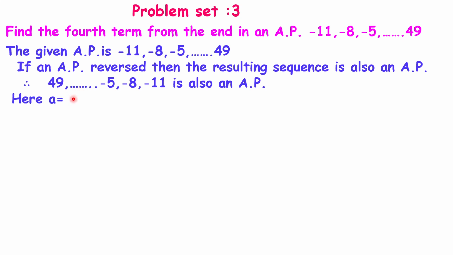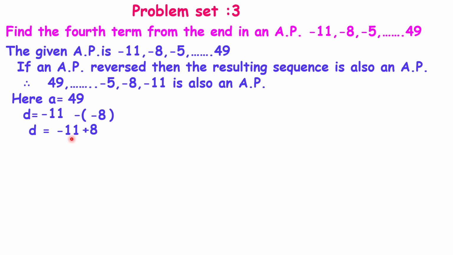Here tell me A means first term. Which is the first term in this sequence? Right, 49. Now to find the common difference, we take the difference between any two consecutive terms. We take negative 11 minus into bracket, its consecutive term is negative 8. Minus into minus becomes plus 8. कारण लक्षात घ्या समान चिन्हांचा गुणाकार काय येतो अधिक येतो.